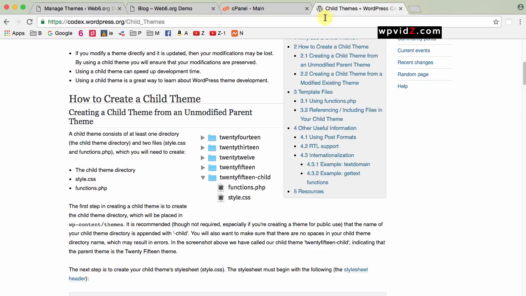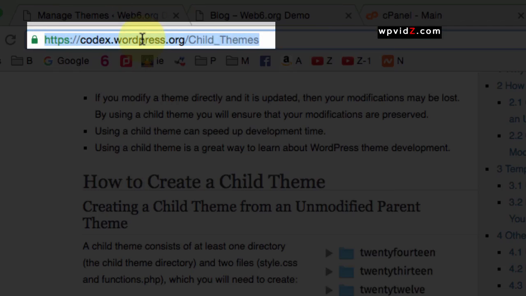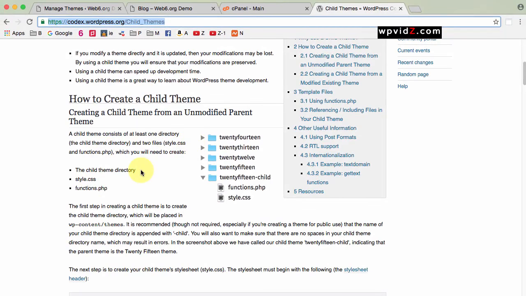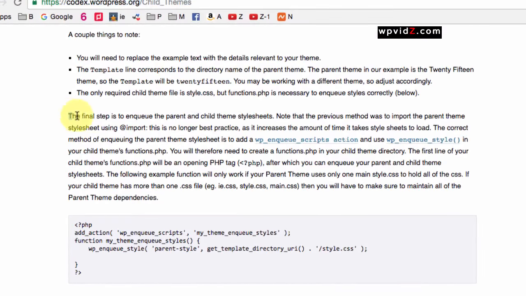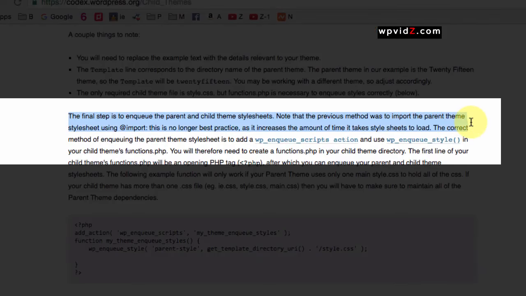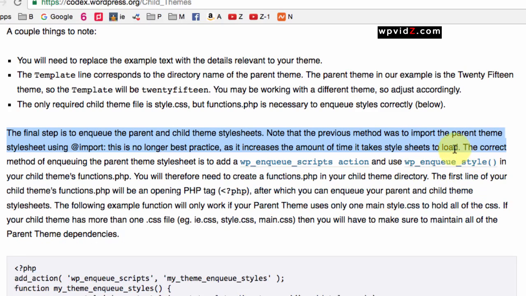And in the child theme WordPress Codex, you can find the link below this YouTube video, or just Google WordPress Codex child theme. Then you will see this Codex page. For example, there is some text here that says the previous method was to import the parent theme